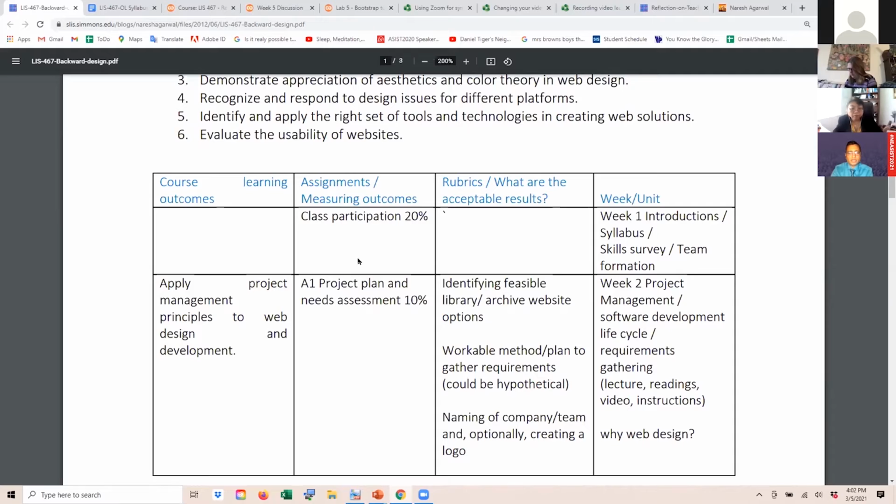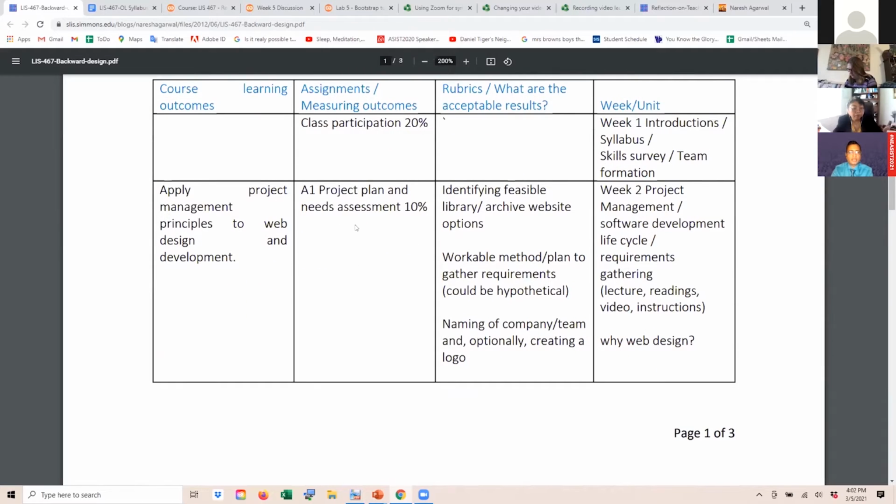So then there was this class participation part, and then having a project plan and needs assessment as a second part of the class. So I thought that a good way to design this class would be to think of it as a web development company, to divide the students into teams, where each team could be from 3 to 5 students or 3 to 4 students. And some of them would have designers, some of them would have developers or usability experts in that. And they all formed together and worked throughout the semester in a way that each project built upon the other. So they took a bad library or archive website to begin with, something that they really wanted to improve,